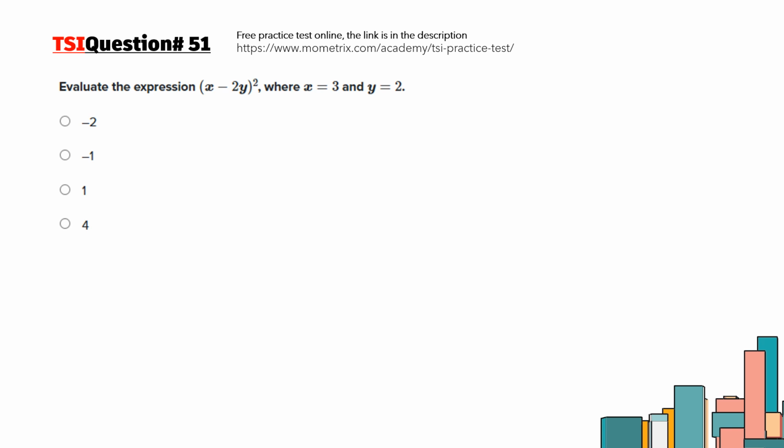Evaluate the expression (x minus 2y) all squared, where x is 3 and y is 2. So this is the plug-in problem. We can rewrite this one as x minus 2y